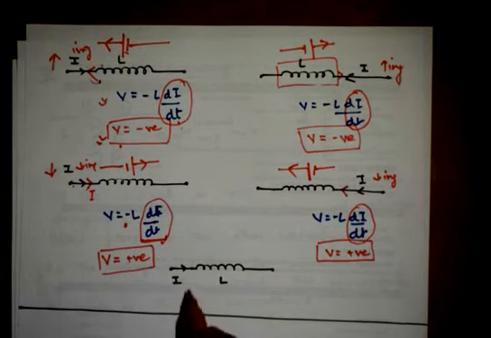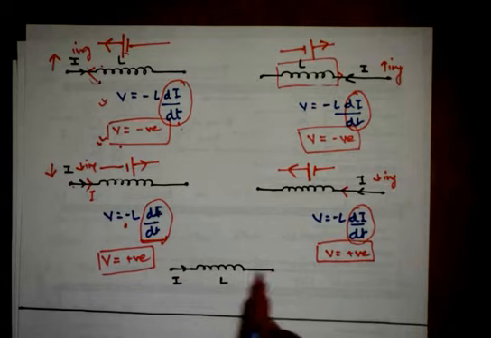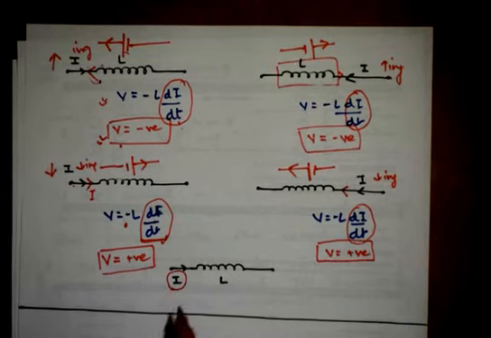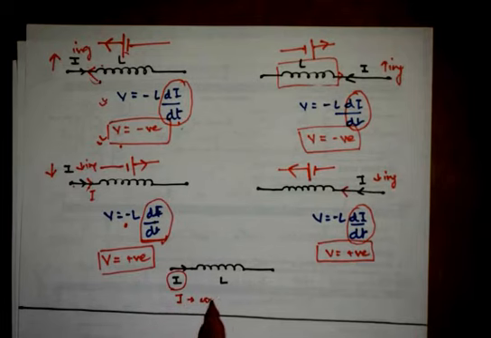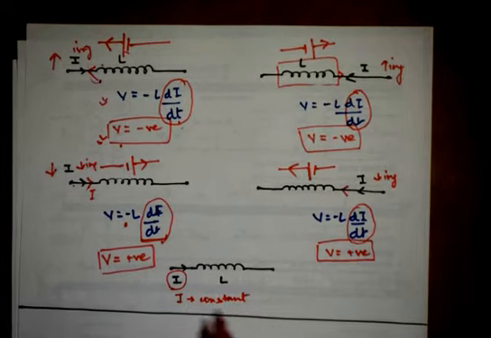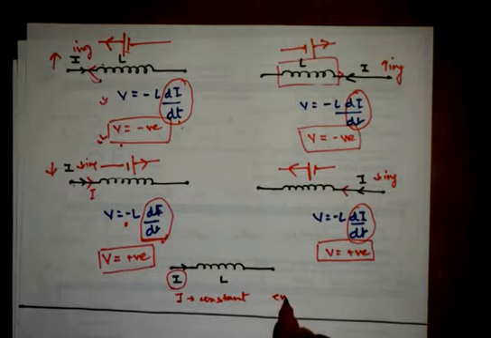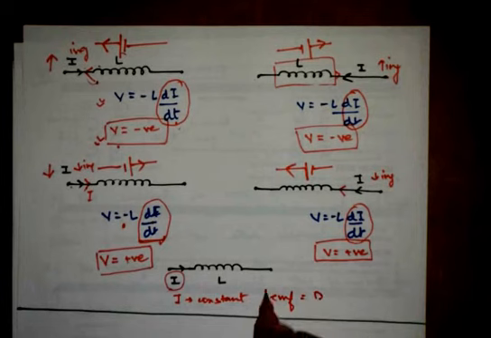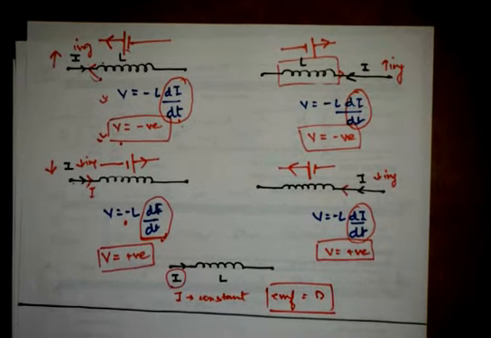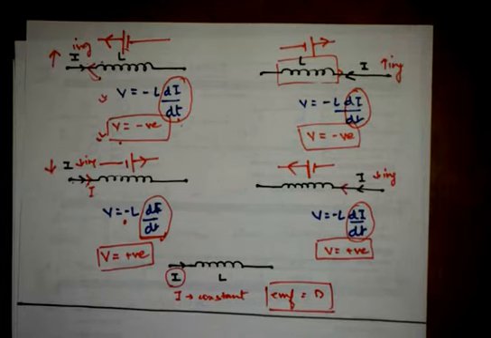And this is the case, suppose there is an inductor through which the current I is flowing, and this I is a constant I. Means neither it is an increasing current nor it is a decreasing current. So in that case EMF is going to be 0. According to Faraday's law, if there is no change in magnetic field because the current is constant, there will be no induced voltage or current. Alright, so I hope it's clear to you now.